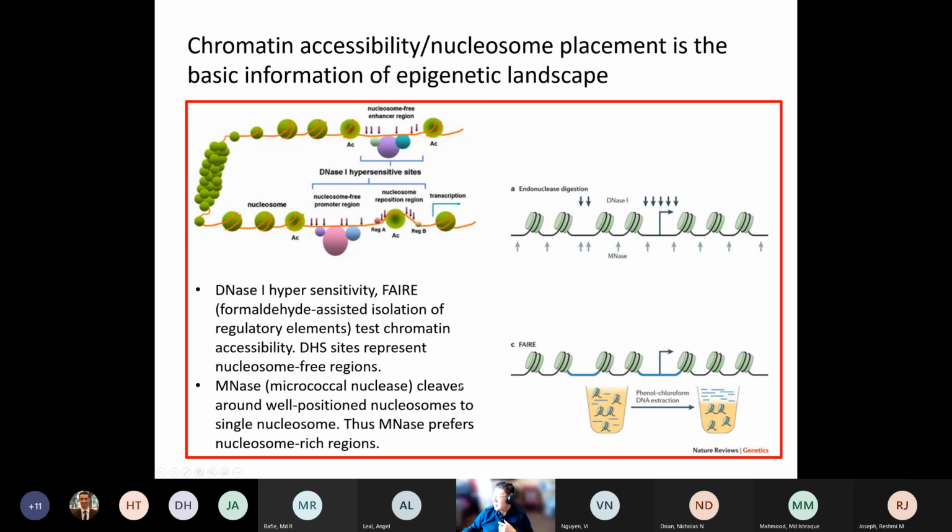They prefer to cut around the nucleosome, as you can see. It's always around the nucleosome. So basically, this micrococcal nuclease will tell you where nucleosomes are. Okay, so the first two methods will find open regions, where micrococcal nuclease will find where the nucleosome is,